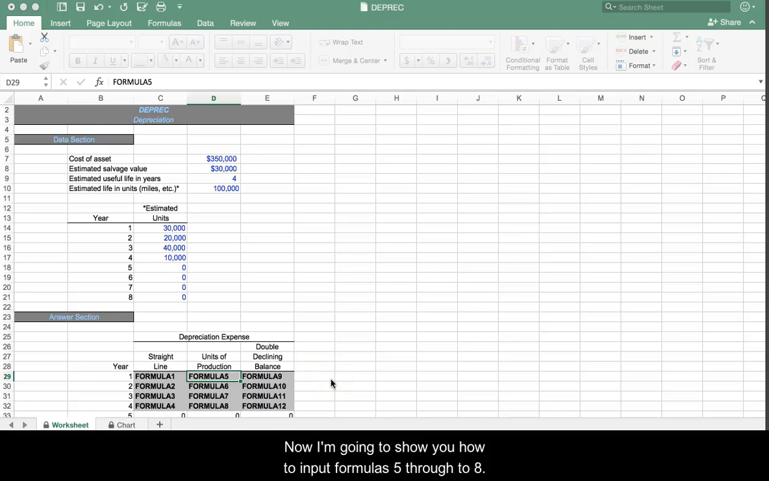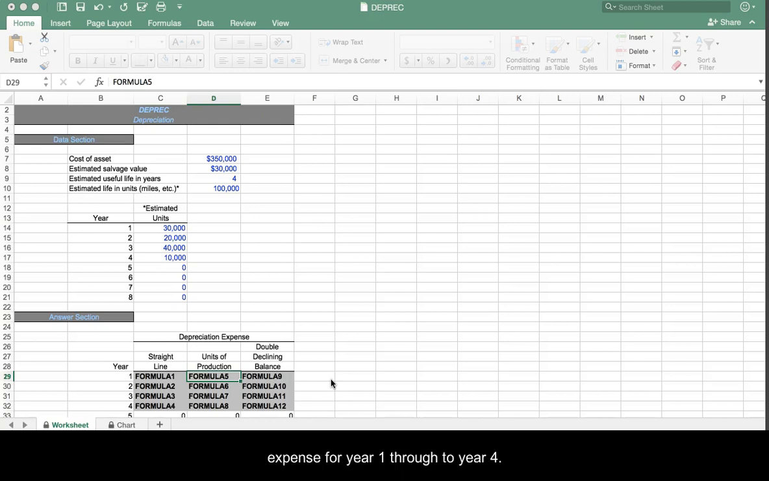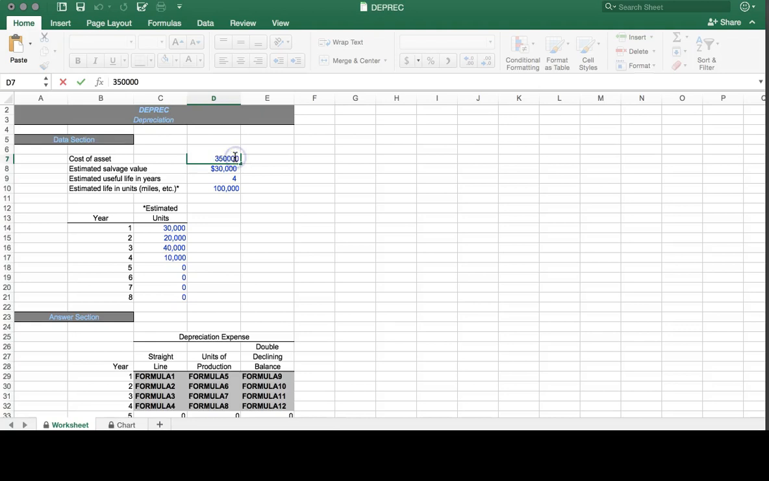Now I'm going to show you how to input formulas 5 through to 8, and that is the units of production depreciation expense for year 1 through to year 4. For units of production depreciation expense, we have to find depreciation expense per unit. Depreciation expense per unit is found by using cost of asset minus the salvage value, divided by the estimated life